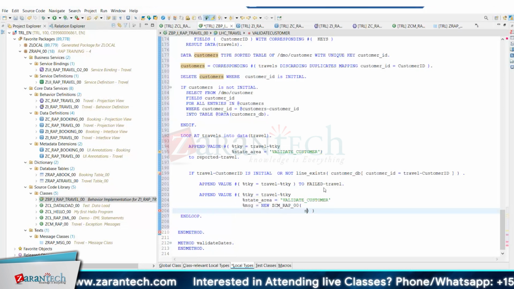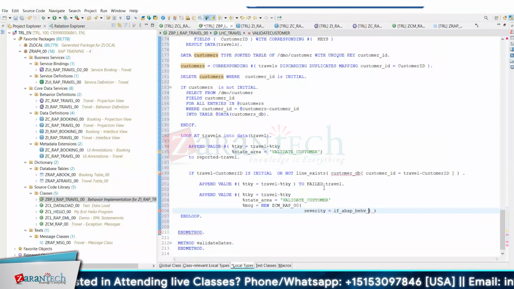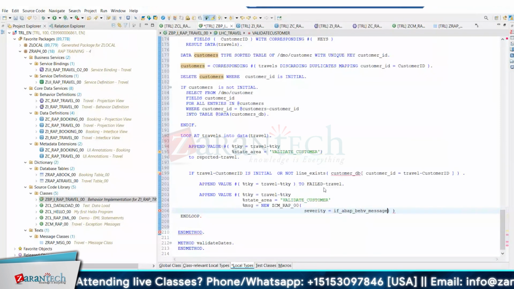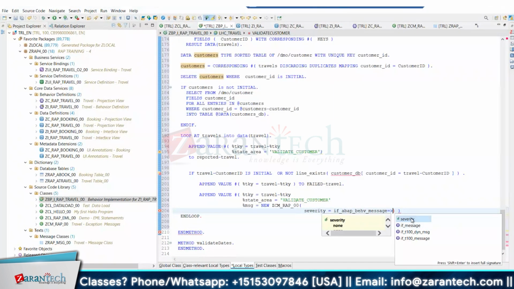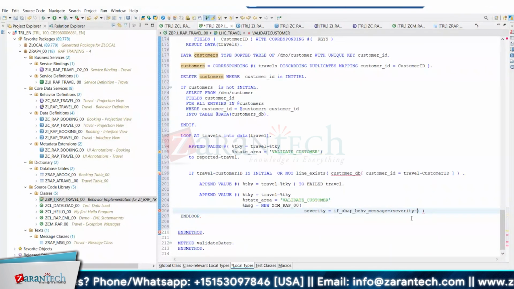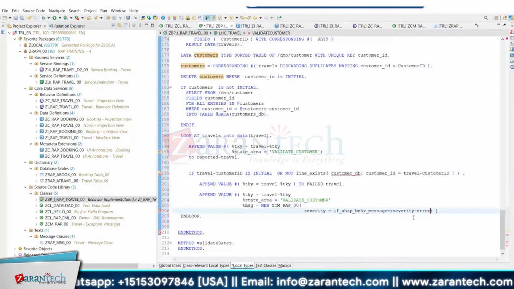First one is severity. Severity is equal to IF ABAP behave message. In this interface, there is a constant called severity. In this severity structure, there is a field called error. Error message or warning message. You can show that this is one parameter,